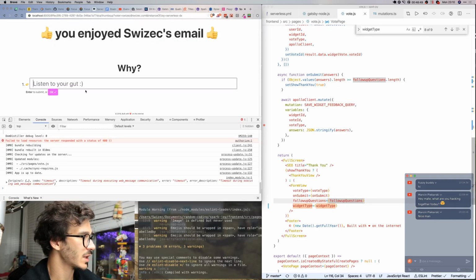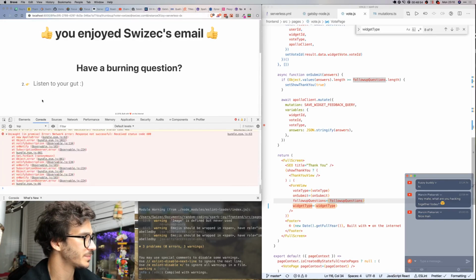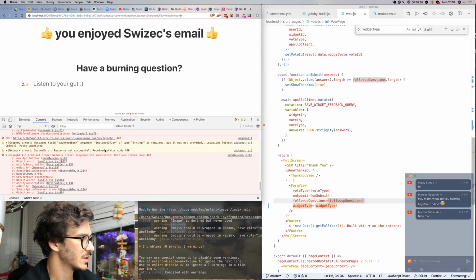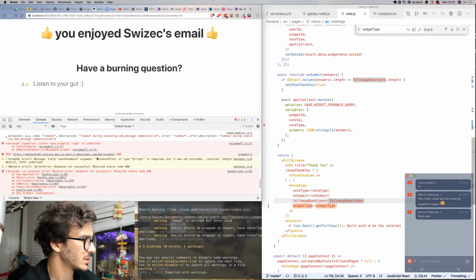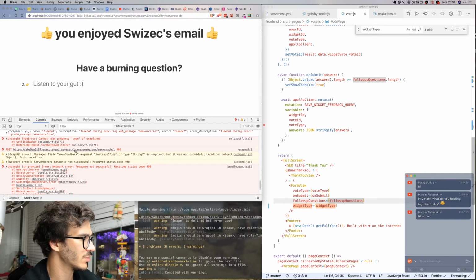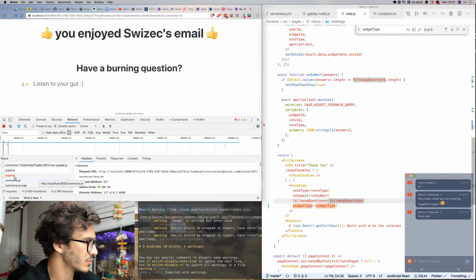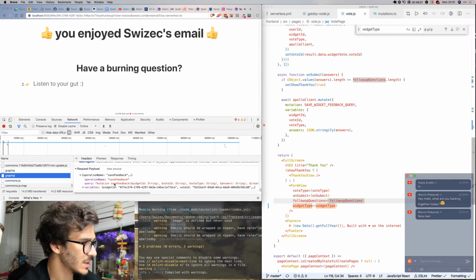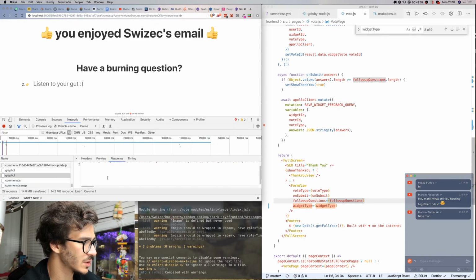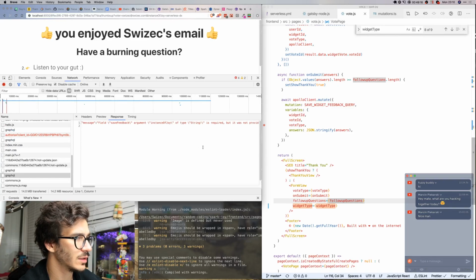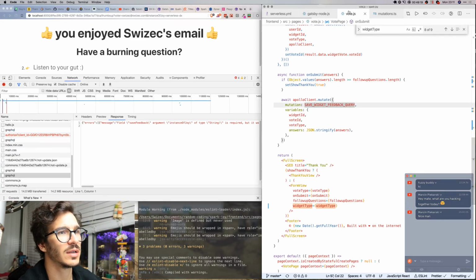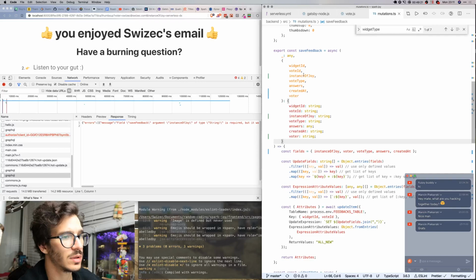So that works. I can now say, because this is cool, enter. Response not successful. Aha. So we've got something that didn't work. Timeout during blah. Let's see, GraphQL, save feedback, response, field save feedback, instance of joy is required, but it was not provided. So if we go into this stuff,